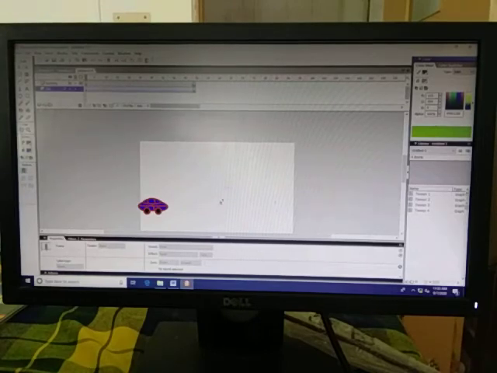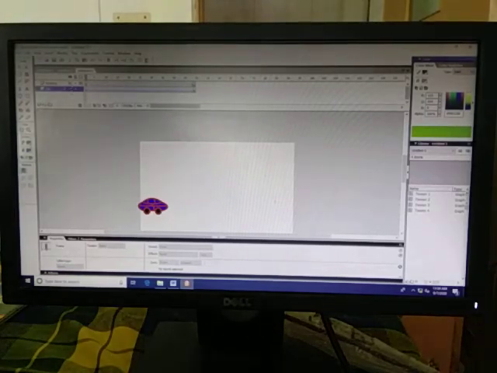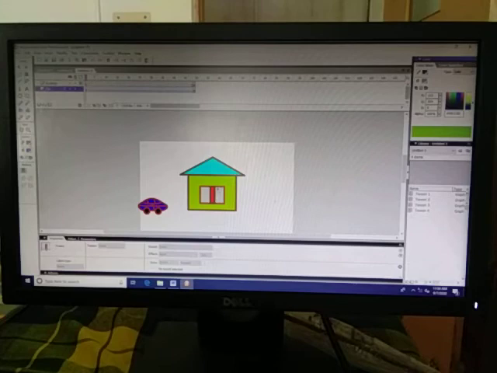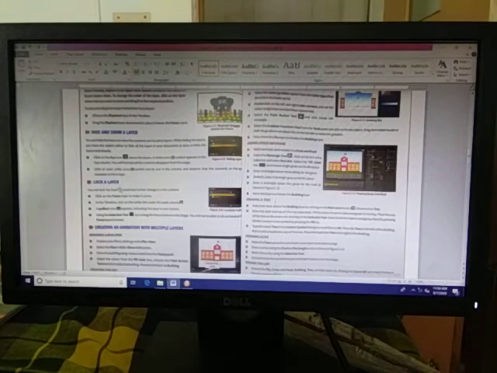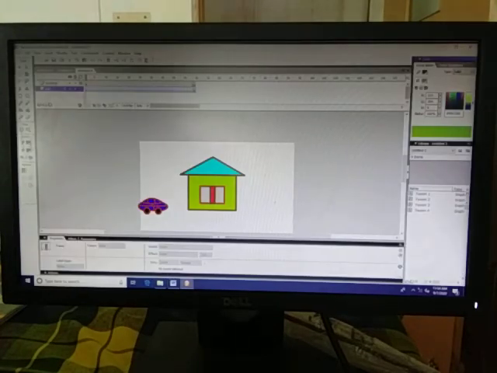Now here you can draw one more object. If you want to unhide the building, then you will click here. So that button will unhide. So this way you can hide and unhide. Now the next one is how to use lock layer. How to use your lock layer. For lock layer, you can see this is a lock, a padlock you can say.